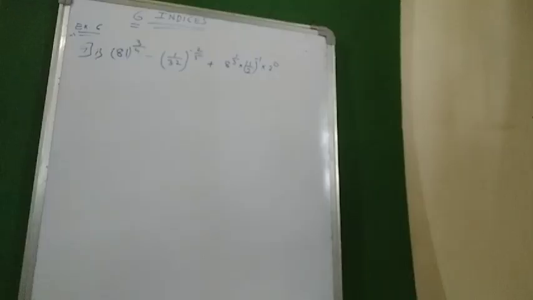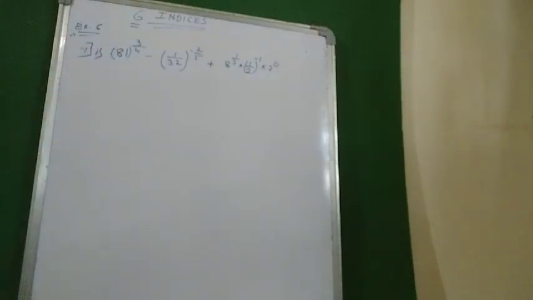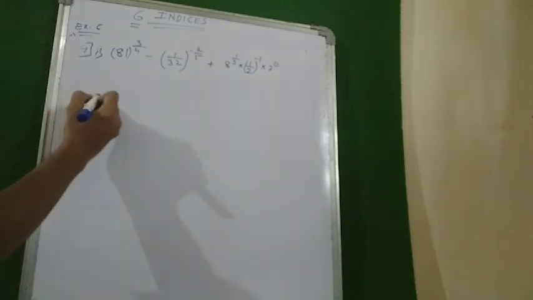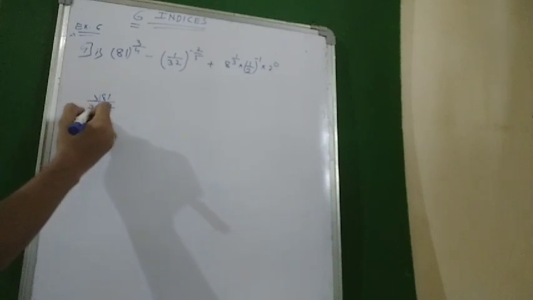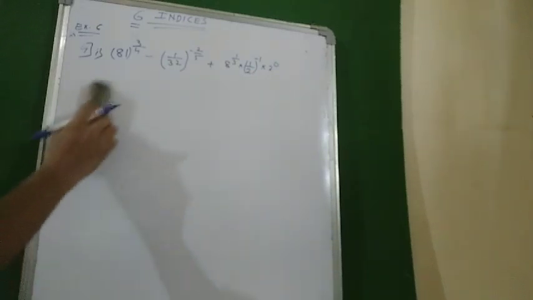Now we'll start with the fourth question of the same exercise. Okay, so we have 81 raised to 3 upon 4. 4 means it is something which is related to the fourth root. So I'll find the factors of 81 again. 3 2s are 6, 3 7s are 21, 3 9s are 27, 3 3s are 9, 3 1s are 3. So it is 3 raised to 4.